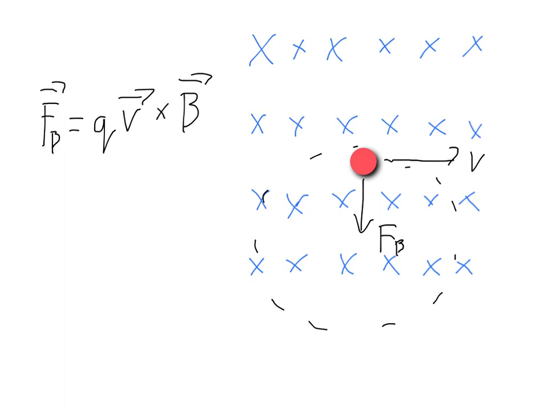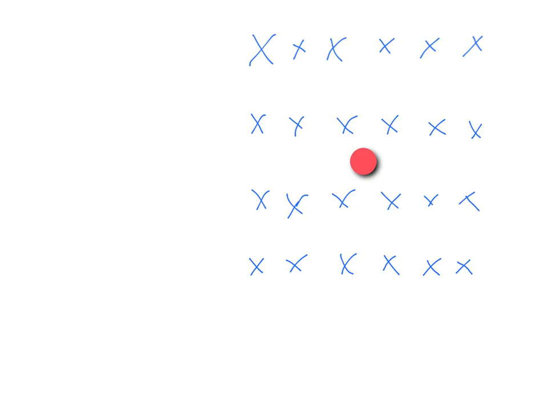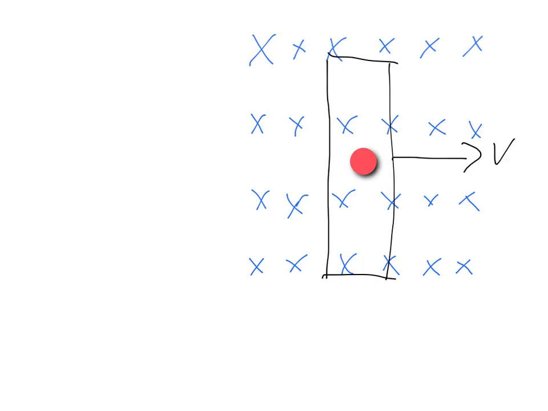But if we were to imagine, instead, that this particle was actually in some sort of wire, then again, if the whole wire has some velocity forward, there'd be a downward force from the magnetic field. And so instead of going in a circle, it would just go straight down along the wire. In that case, we'd have moving charged particles along a straight path. We'd have a current. So we've already figured out a way of having a magnetic field produce a current,